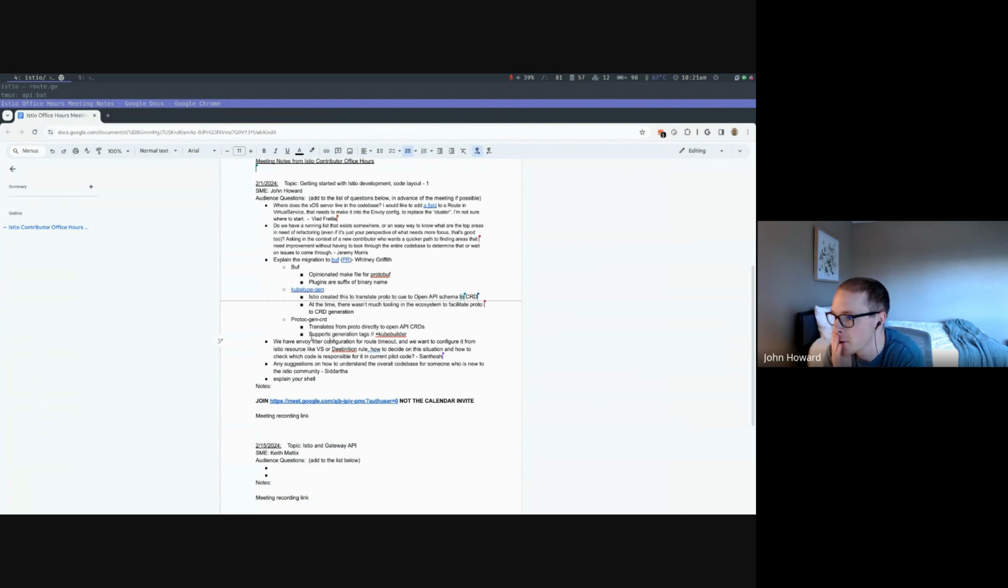Yeah, good question. So I think there's a few parts. How to decide on whether you should switch from Envoy filter to first-class APIs? The answer I would say is always yes. Envoy filter should be the last resort. It's very